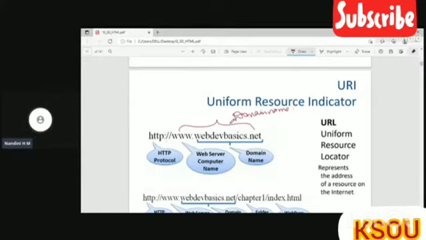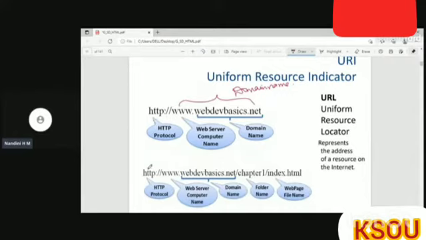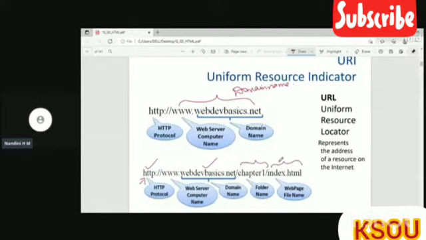If we know the exact path, and you want to visit a particular web page, at that time you can give the path name. Consider this example where you can see this is the scheme, this is the server domain name. After that, this is the folder name. In the chapter 1 folder, there is a file called index.html. So if you want to access this particular web page, you can give that.